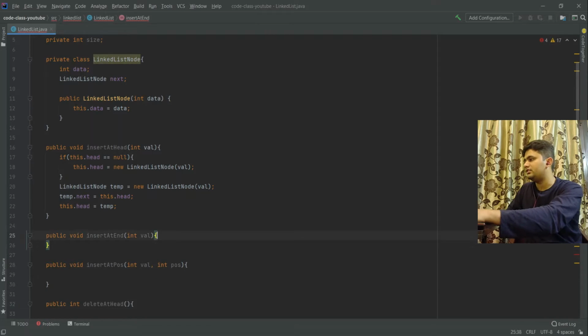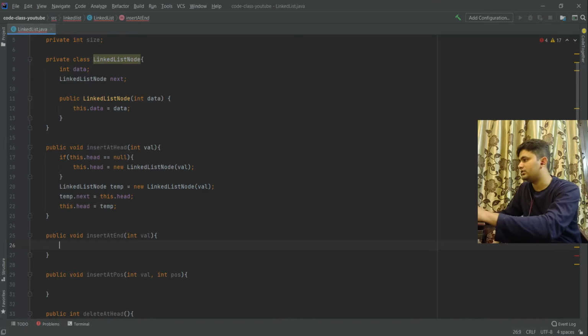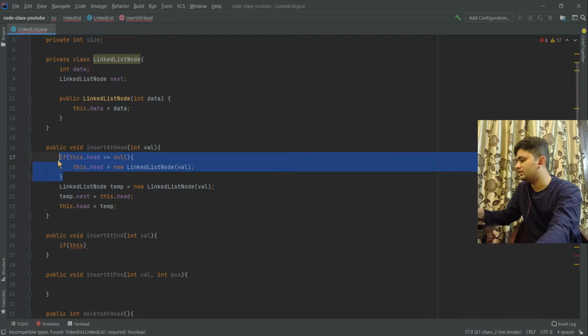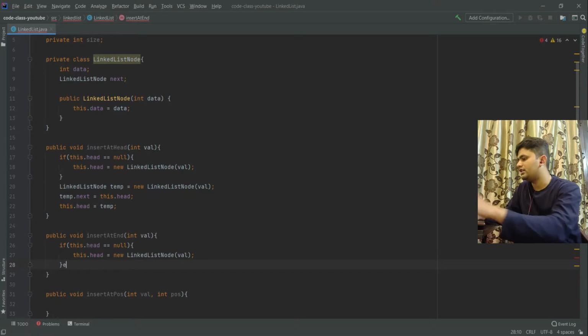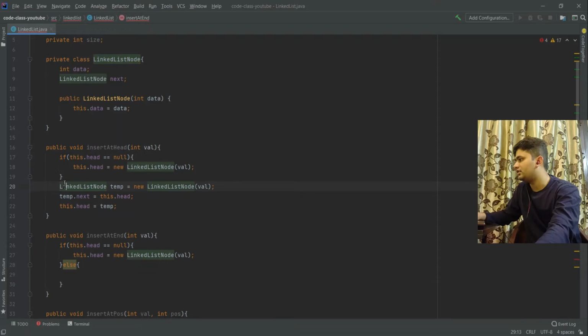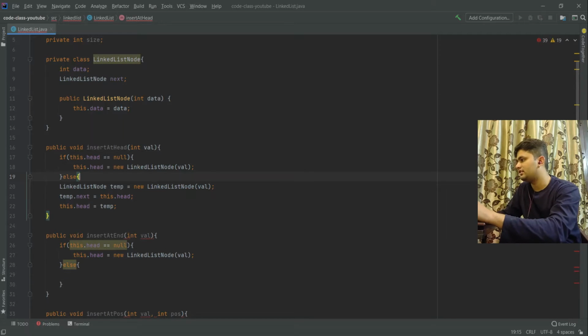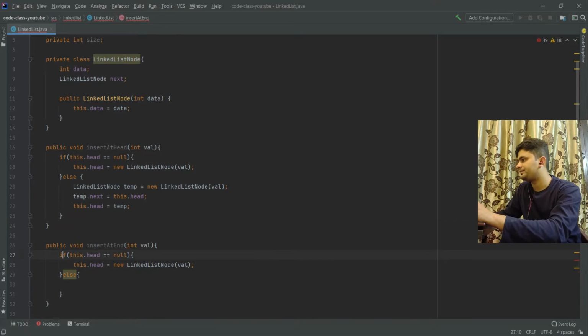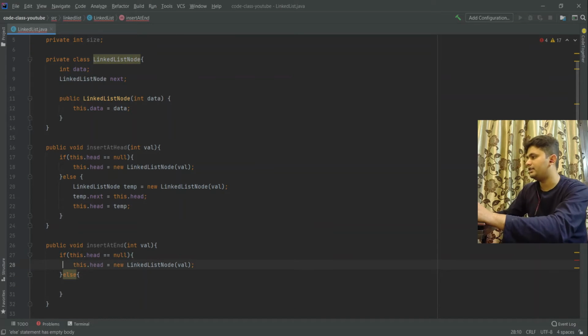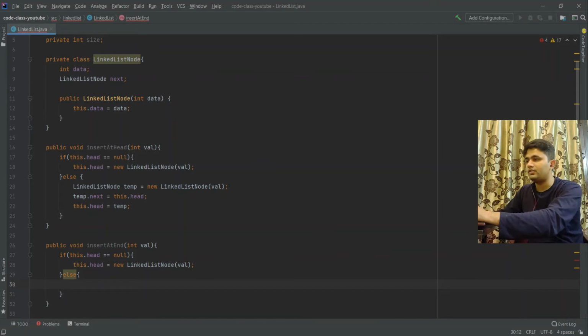Now let's see how insert at the end will work. We will do our safety check if this dot head is null. This is the safety check that we wanted to do, else. So if head is null, we will simply insert at head, and if it is not null,